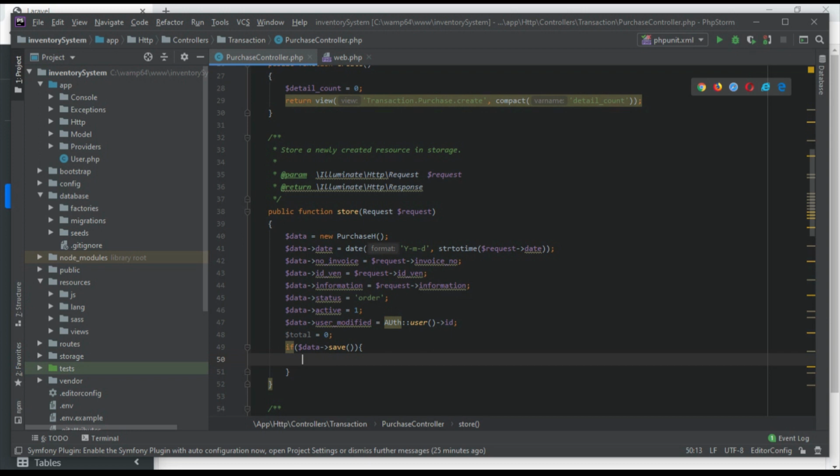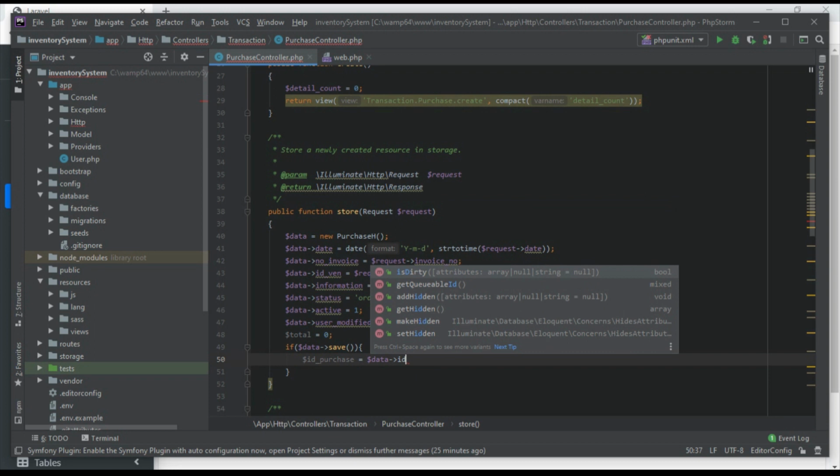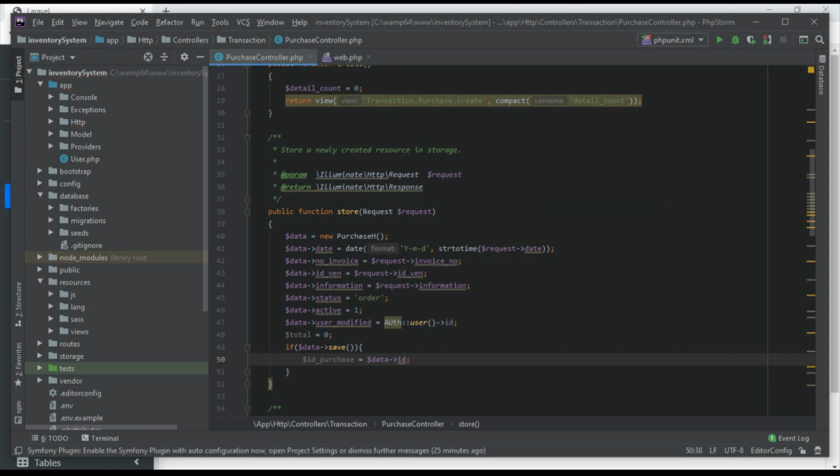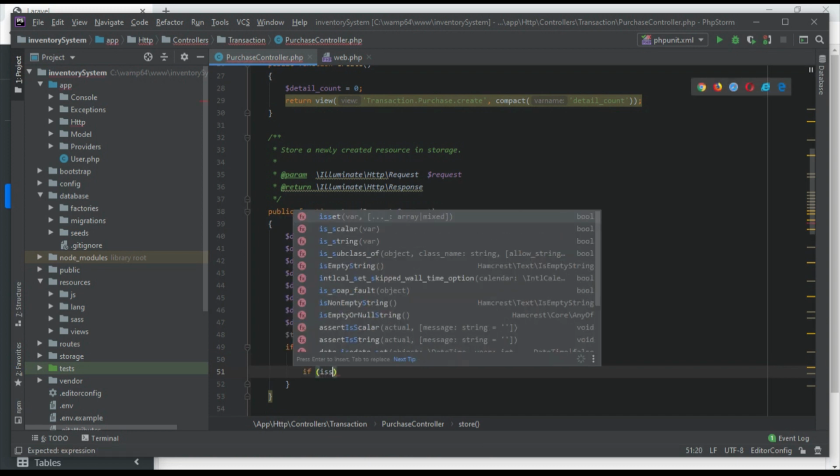That is why I'm using if and else here. So here $id_purchase is equal to dollar. Then if